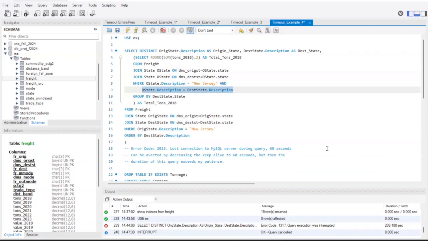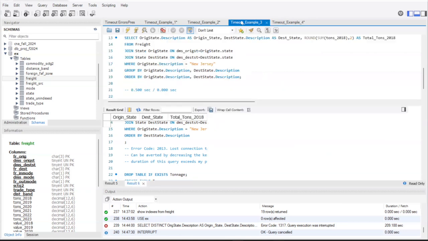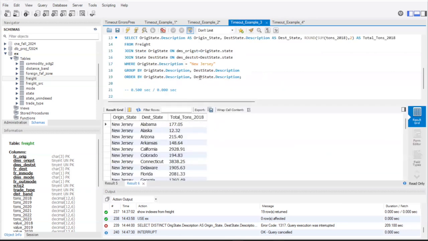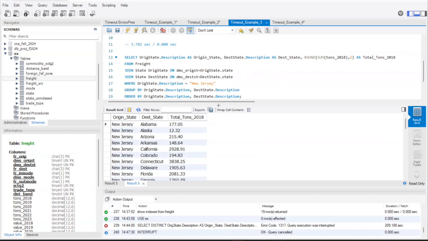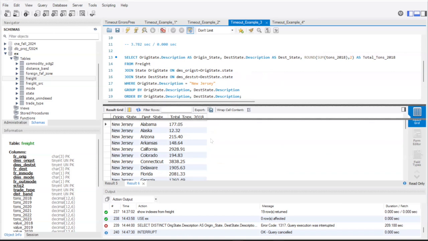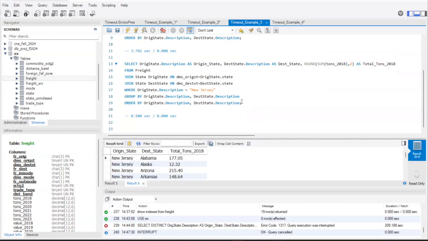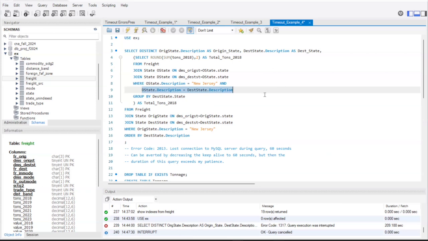So next, what I could do is just go back to the previous slide and use this join here, because this join accomplishes what I want quite directly, and it did it in half a second. But if I'm not completely clear on how this is an equivalent query, another thing I could think through that